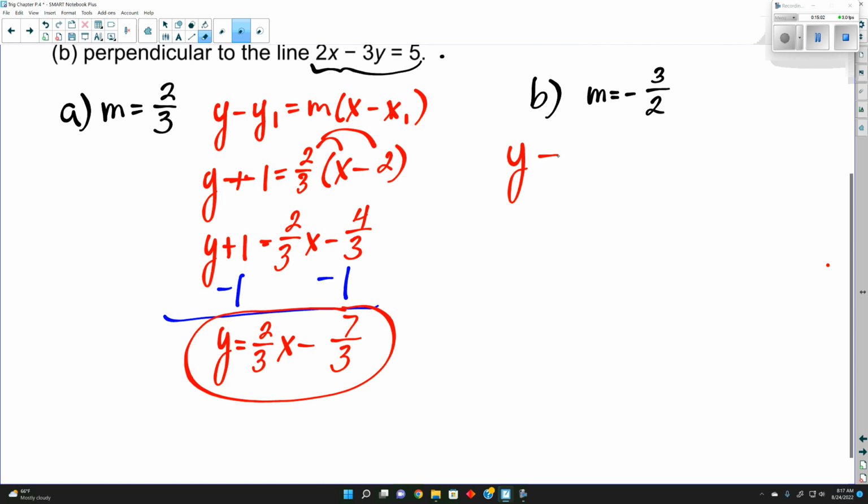So for this other one here, we're doing the same thing, y minus y1. Well, our y1 is still -1. Our slope this time is negative 3/2 times x minus 2. Just like before, the negative and negative make a positive, plus